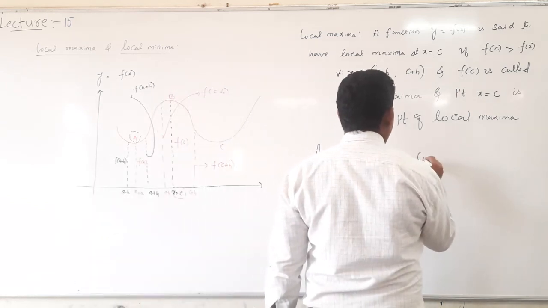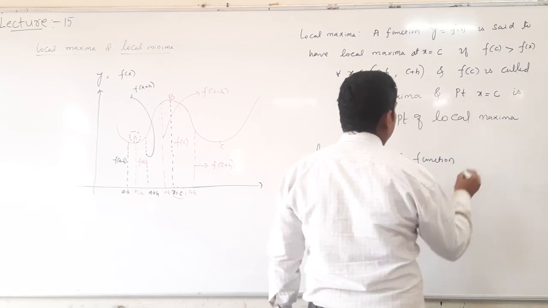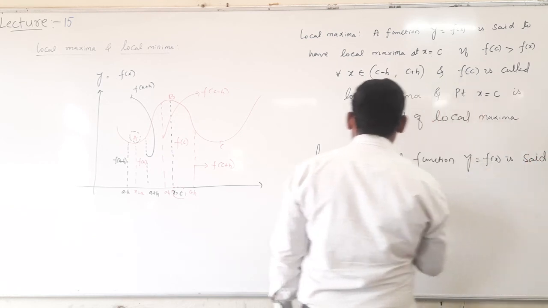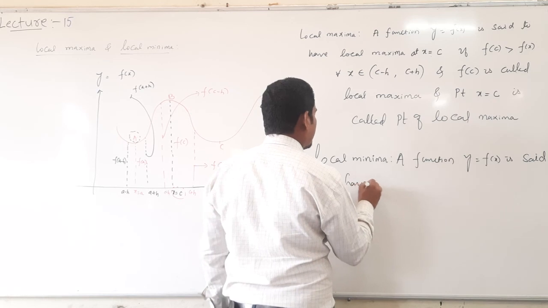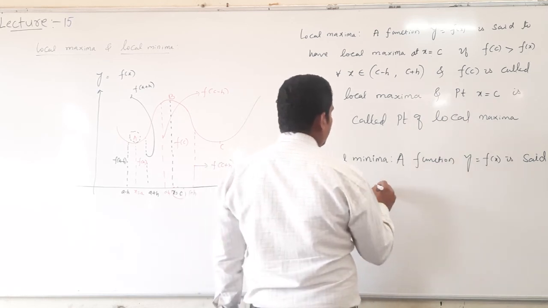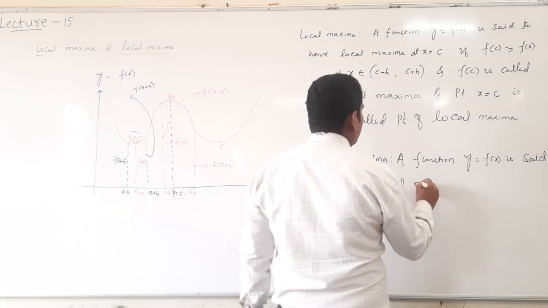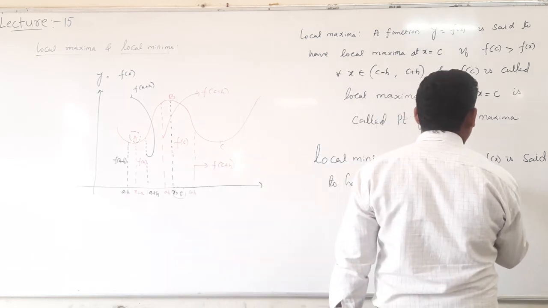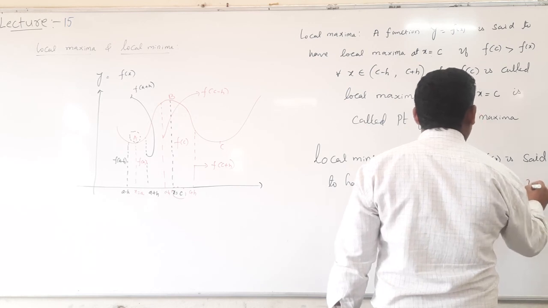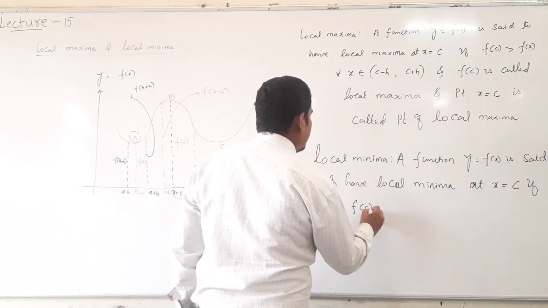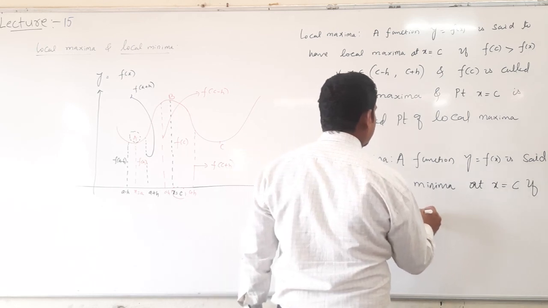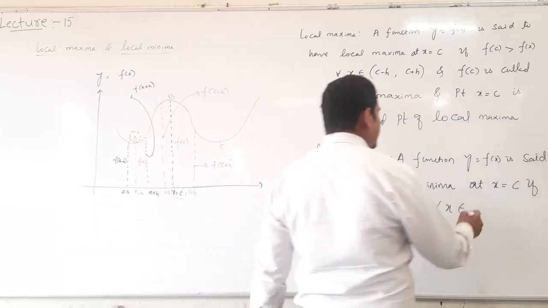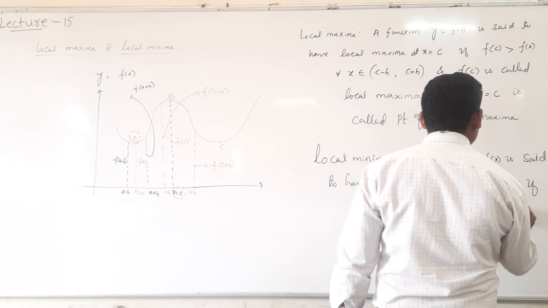A function y equal to f(x) is said to have local minima at x equal to c if f(c) is less than f(x) for all x belonging to the neighborhood points of c, that is, (c minus h, c plus h),